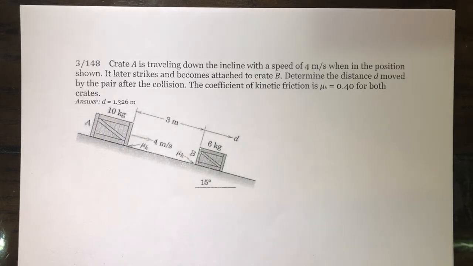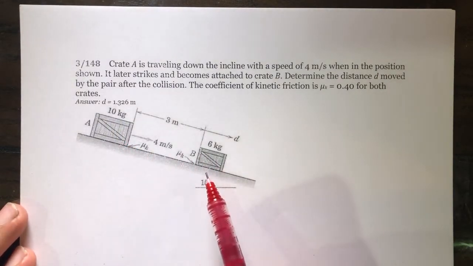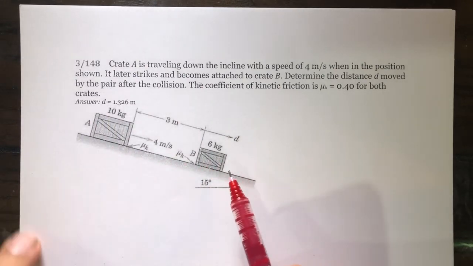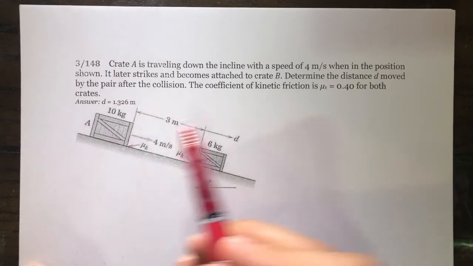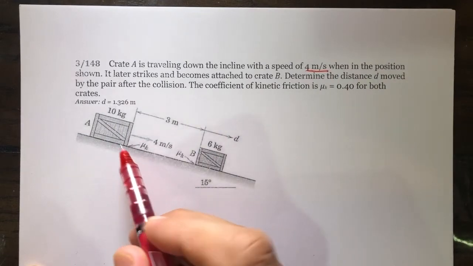Let's do another example for linear momentum. In this problem, 148, chapter 3, we have two boxes on this incline, box A and B, and we have the mass of both of them. The mass A is moving at the beginning with a velocity of 4 meters per second downward, and we have